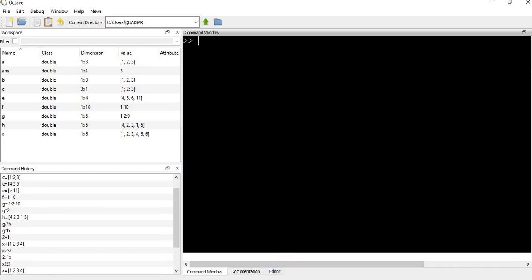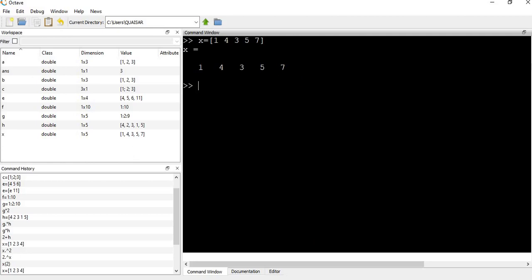Now we'll create one vector X equal to 1 4 3 5 7. In Octave, the indexing starts from 1: 1, 2, 3, 4, 5, like this. So this 1 is at index 1, this 4 is at index 2, like this.